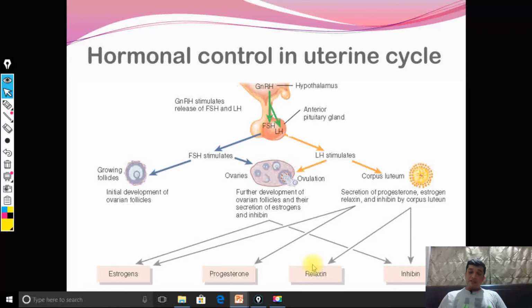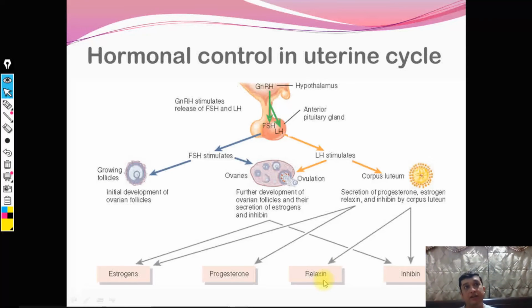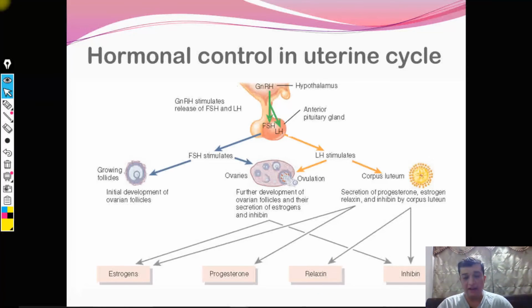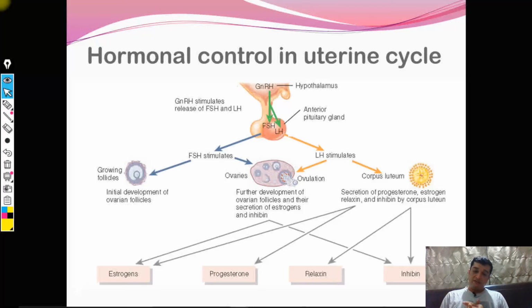In case of pregnancy, there is release of one more hormone that we call relaxin. What is relaxin? Now this relaxin is a peptide, right? It's a protein. You can just see that "in" refers to protein, and "relax" refers to a peptide which produces relaxation. Where? Relaxation in the myometrium. You know that the myometrium is the middle layer of the uterus, which is of smooth muscle,